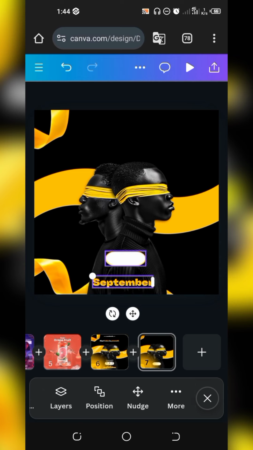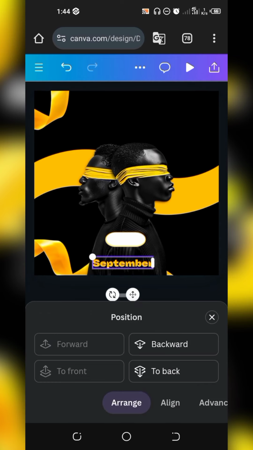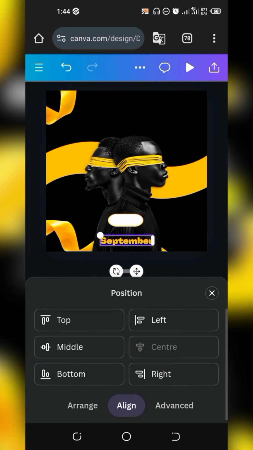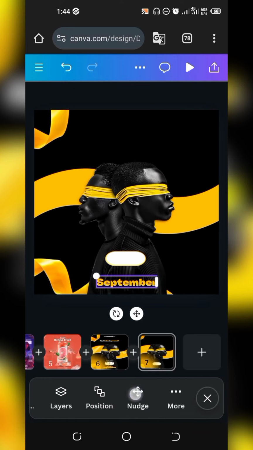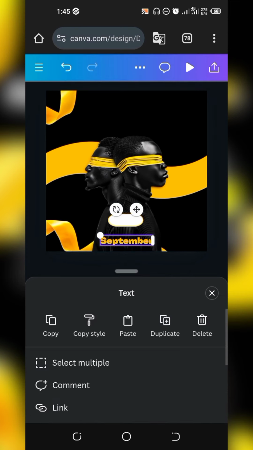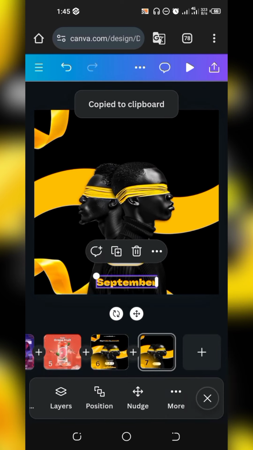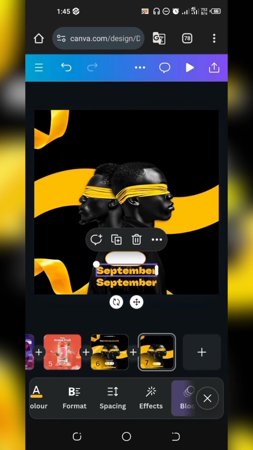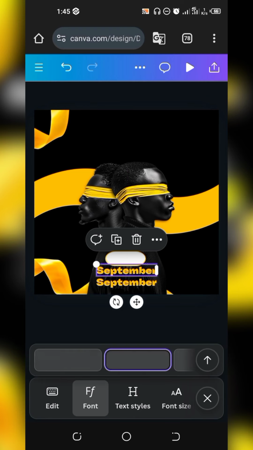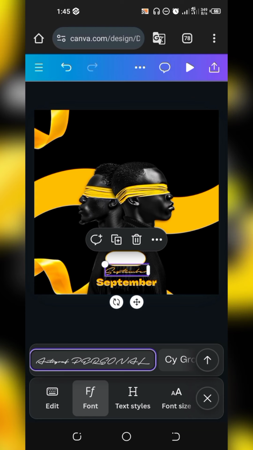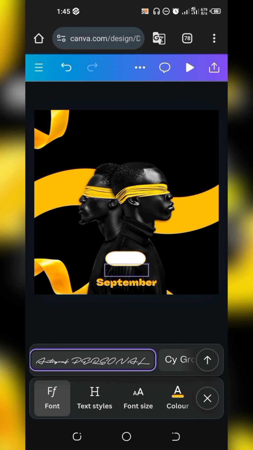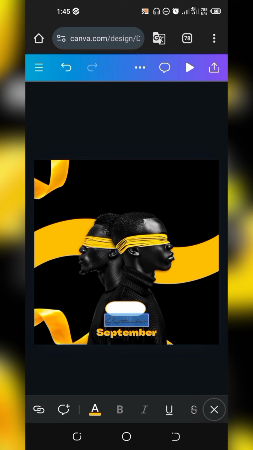Then click on this September. Make sure it's at the center. Exactly, make sure it's at the center. So you can now click on this and go over to, in case your duplicate does not show, just click on copy, drag this down. Now your duplicate will show. Click on this, then let's first of all change the font. The font we're going to be using is Autograph. Yes, change it to Autograph, then click on edit, then write,